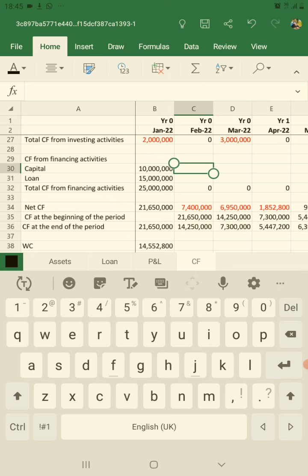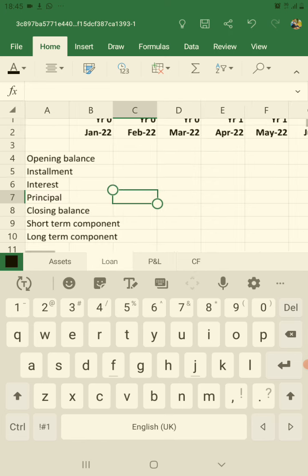So this is how our business is funded now. Okay, now we come to the loan sheet here,